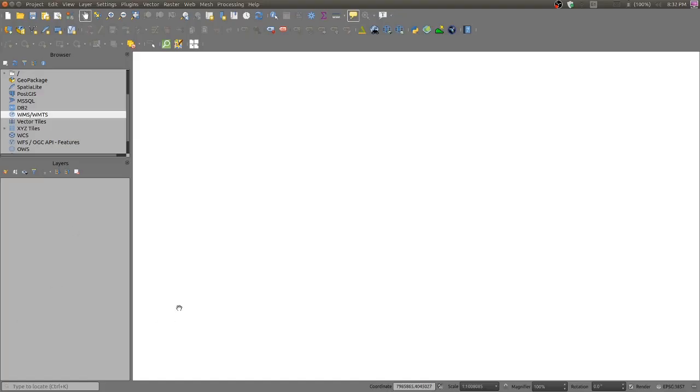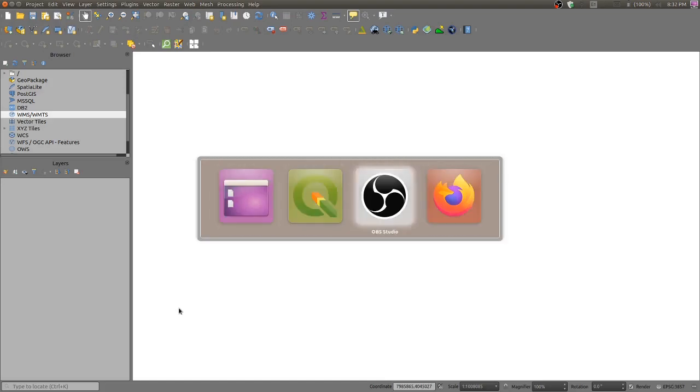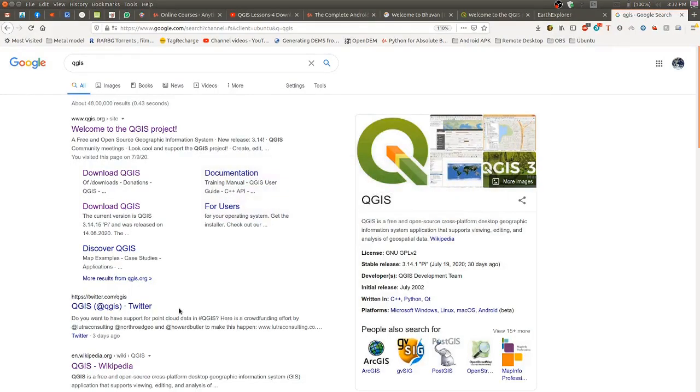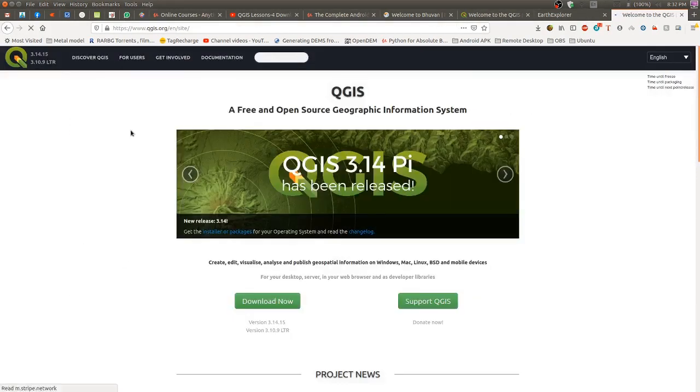Regarding this GIS, we will be using open source GIS platform which is called QGIS. It's a short form for Quantum GIS, and you will need to download this GIS. This is the latest version.